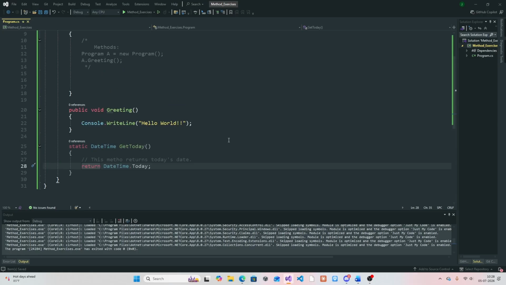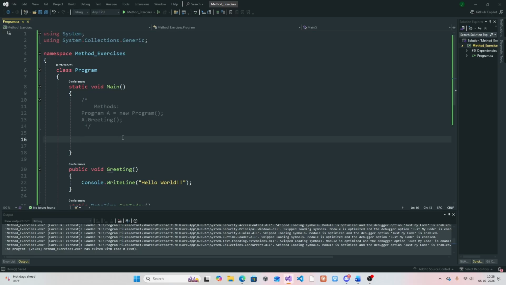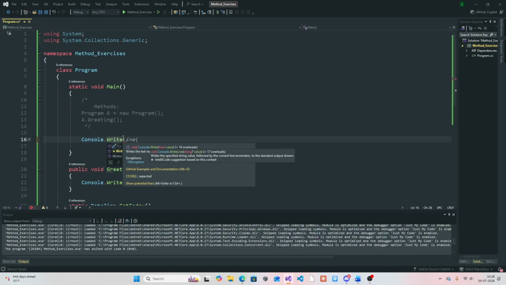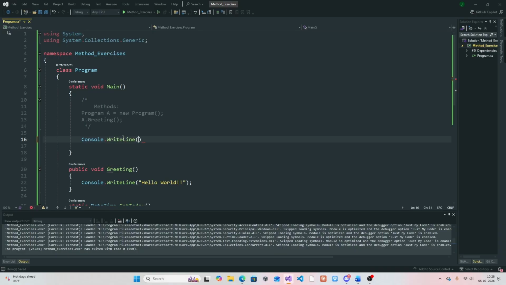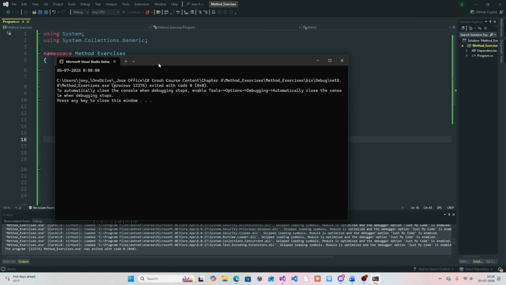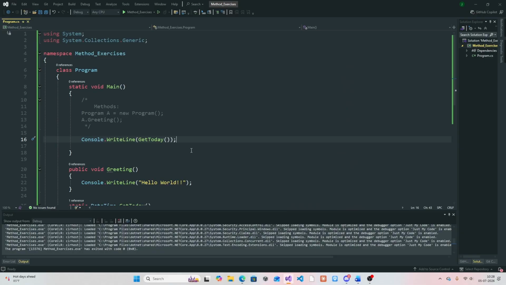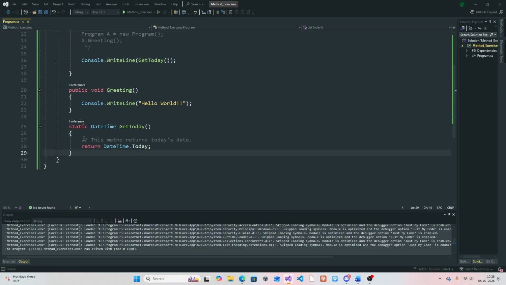Okay. Now, how do we access a static method here? So in order to do that, we can do a Console.WriteLine GetToday. So this will print out in the console, and you can see here is July 5th, 2026. That's how actually you can get the date time. Of course, it's a static. Well, if I get a static void,